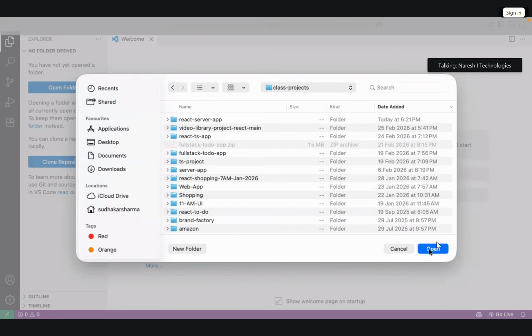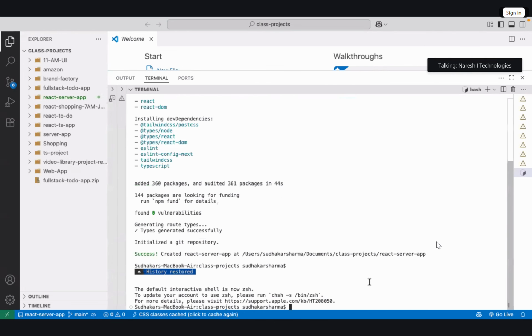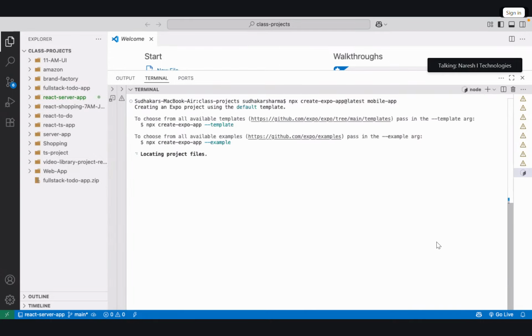Okay, open, and in the terminal I'm using npx create-expo-app@latest, and I will give mobile-app as the app name.